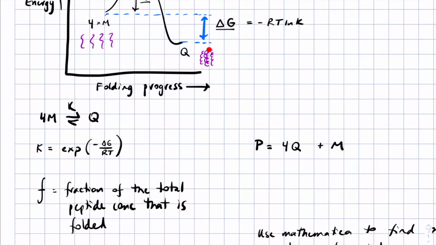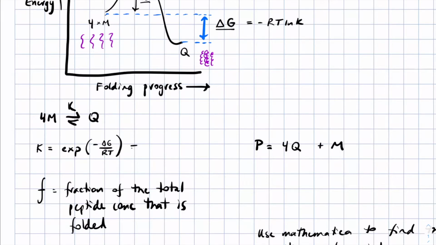So if we had 10 micromolar tetramer, we'd actually have 40 micromolar monomer embedded in that tetramer. And so the only 2 things present in solution are the monomer and the tetramer, and that's what we have in this